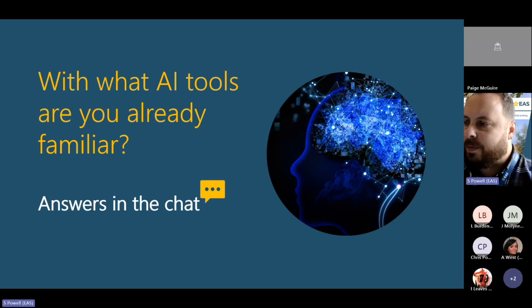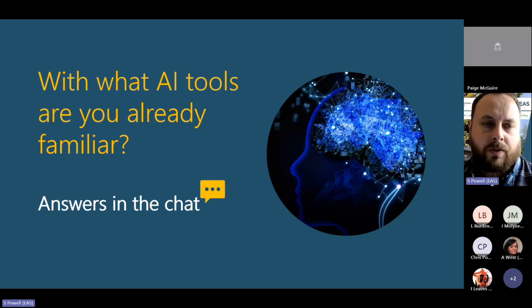So yes, you've got ChatGPT, and I think ChatGPT was the one that kind of exploded onto the scene, wasn't it? About 18, 19 months ago, where it was the first kind of open source, open to anybody chatbot that people could use. We've got things like Alexa. Yeah, absolutely. The AI built into Alexa. Google Gemini, which is Google's version of ChatGPT, one that they've built themselves. It's not powered by any other GPT. It's one that they've created. TeachMate AI, yeah, another tool where you've got a range of prompts that you can use to generate resources and plans, etc. And also Claude as well, which is a similar tool to ChatGPT.